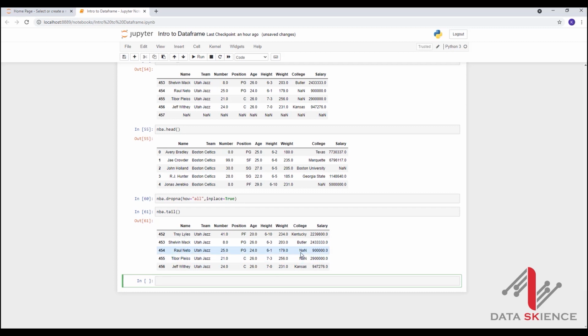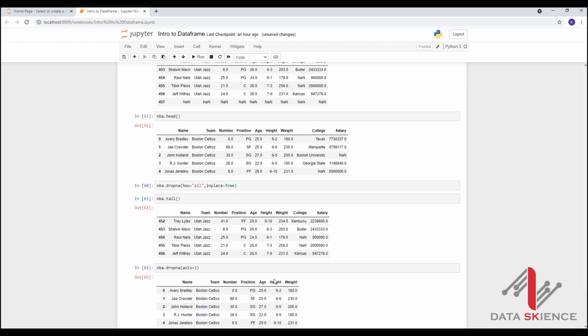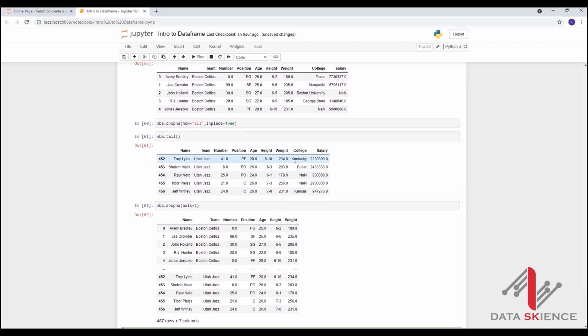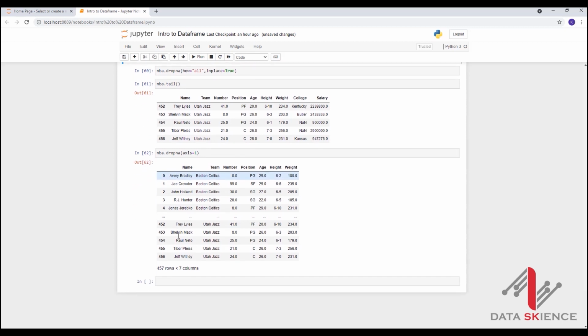Assuming we don't want the columns which have null values, then we can see that the columns college and salary are missing because these two had null values. Here we have two null values and here there's a null value. There may be more null values in the rows in between. So these two columns have been removed. But these are not removed permanently till we use the inplace parameter. We can also give